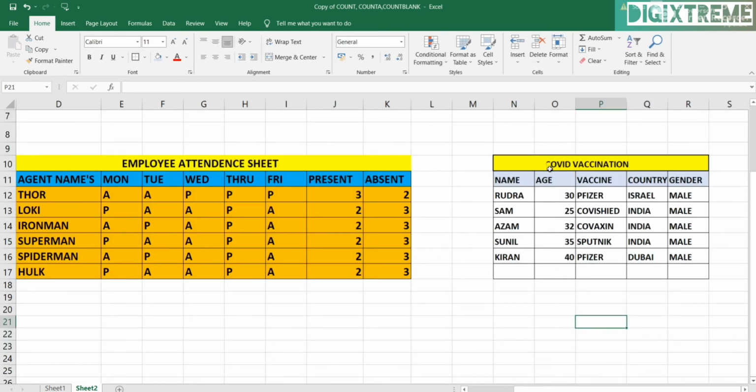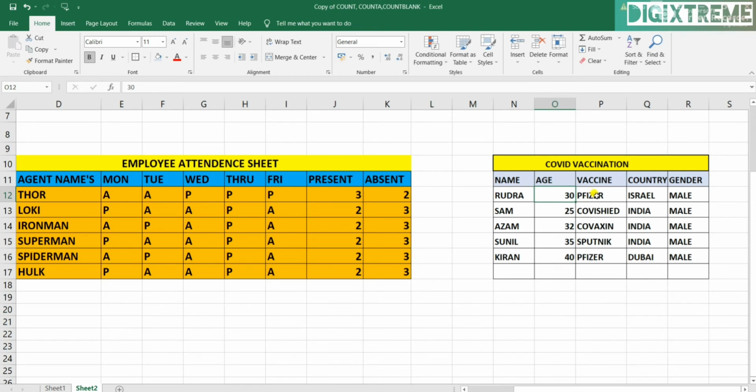This is data of COVID vaccination: name, age, vaccine, country, gender. Now, if I want to know the multiple criteria, like this is a new data, COVID vaccination. I want to use this data for COUNTIFs function. See, if I am looking for data of persons who got vaccinated, the condition criteria is age should be more than 25.